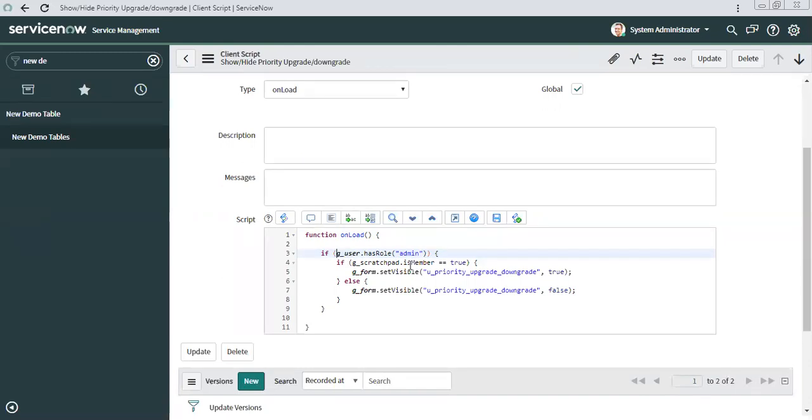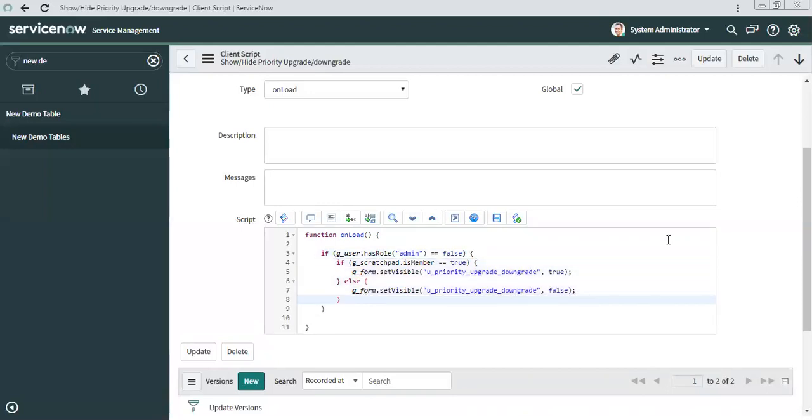Or you can write it like this as well if you find it difficult to understand that logic, if equal to false. So this will return either true or false. If the user has the admin role, this will return true, and if the user does not have the admin role, this will return false. So if the user does not have the admin role, then this logic should run.